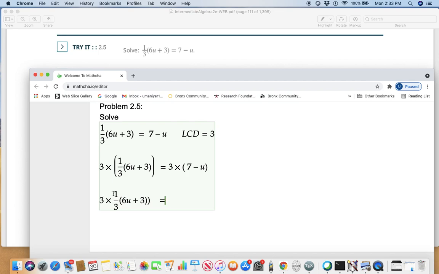You see, there is 1/3 here. I need to resolve this before I distribute. This distribution gives me 21 minus 3u, whereas here, the 3 reduces the 3. I'm only left with 6u plus 3